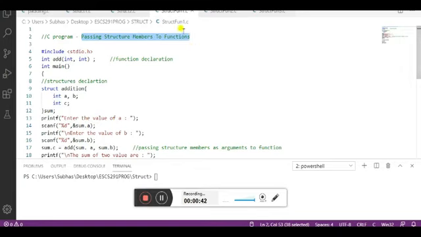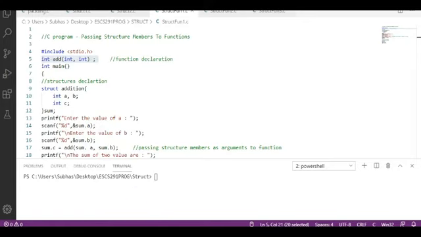In this example I have taken a function. This is the prototype of the function. The name of the function is add, and it takes two arguments. One argument is int and the other is also int. Then the main function.